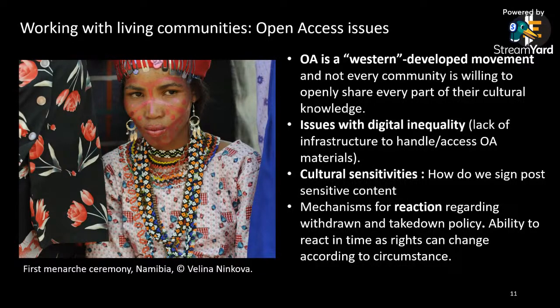So another issue with open access is, for example, the issues with digital inequality, because as we all know, there is lack of infrastructure in certain places, and it's difficult, therefore, to access these open access materials. So these are all issues that we care for and that we keep in mind when considering open access. Same with cultural sensitivities that